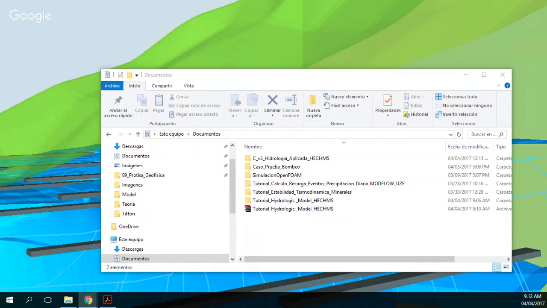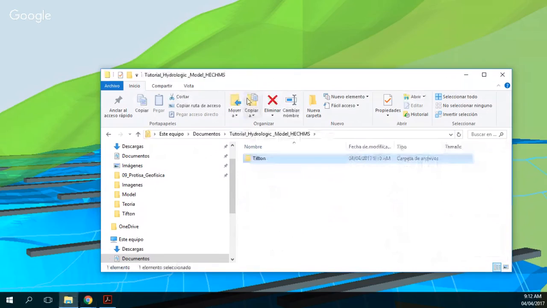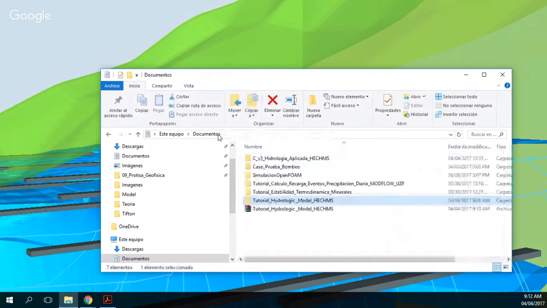I'm from Hatari Labs. This time we are going to do a tutorial on hydrological modeling at basin scale with HEC-HMS. Okay, so you will receive these files that are mostly the data, no, sorry, no, these files,